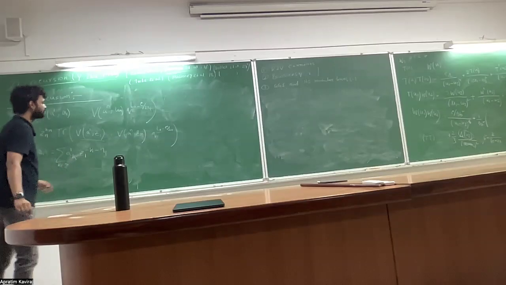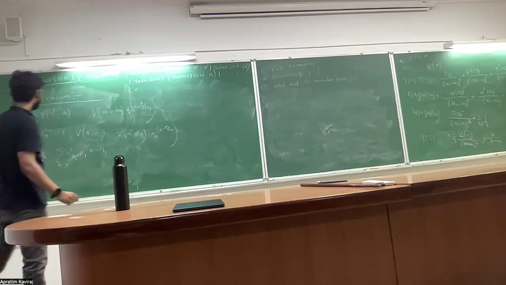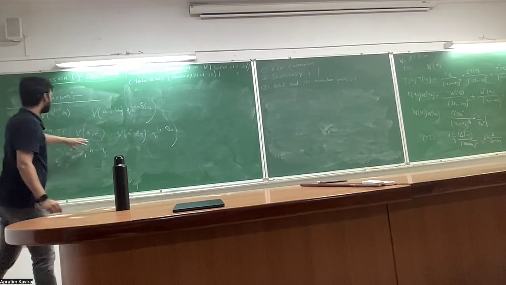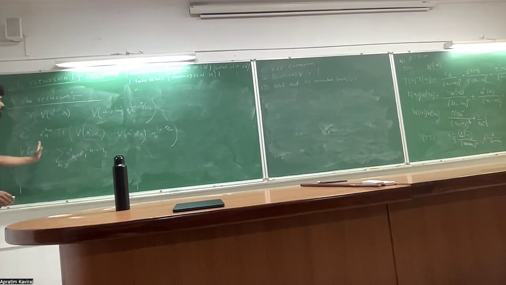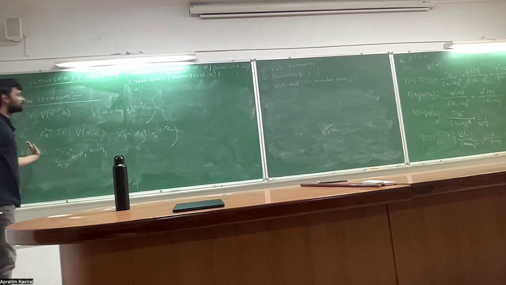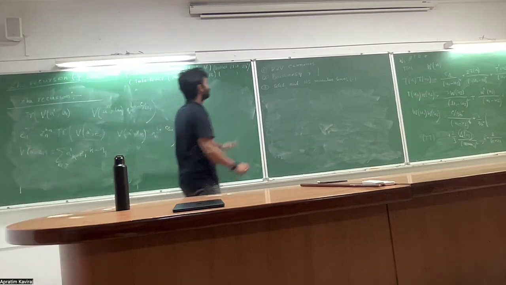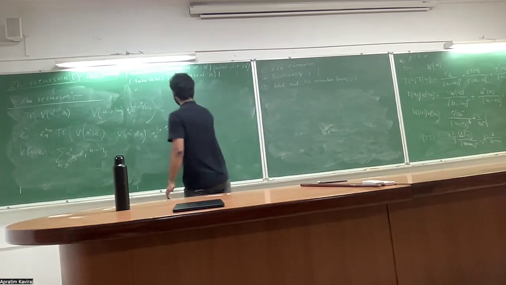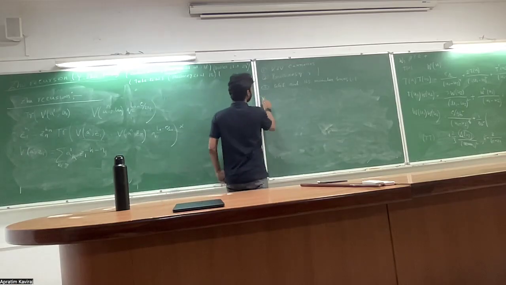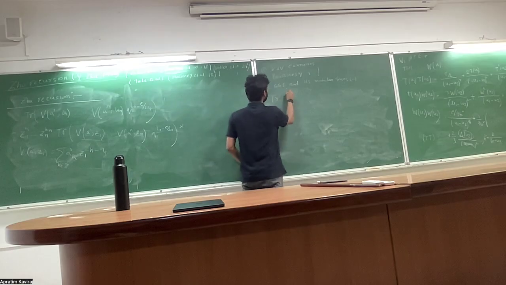So now I put it back here, and then I write it in two ways. The zero mode, I keep it here, and the rest of the modes I write separately. So this one is replaced with